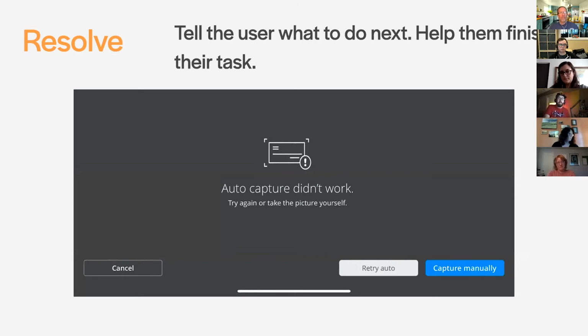But again, keeping in mind that principle we had before, no one comes to this app saying, I really want to try auto capture. They come to the app saying, I want to deposit my check. So props to the team for, when this auto capture feature fails, offering a different option. You can use the manual capture option, or you can retry the automatic option again. That's great. It's really important, as you roll out new features you're not sure how useful they'll be, to offer moments like this where the system fails gracefully.